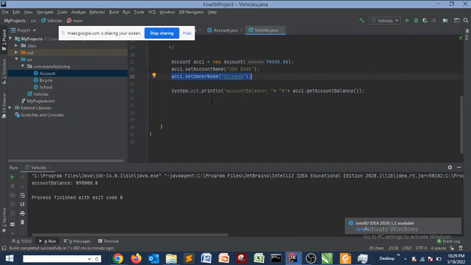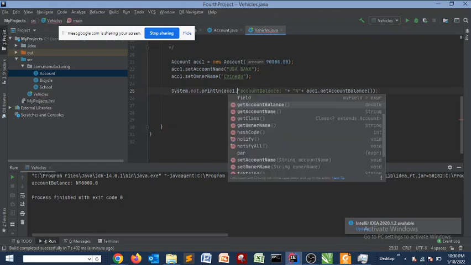So I want it to show Chinedu has an account balance of 90,000, or you can say UBA Bank Chinedu account balance 90,000. So what are we now going to do? Let's keep on formatting it. I cannot just write Chinedu. I want the system to use its own getter and give me that Chinedu. So first of all, for the UBA Bank, I'm going to say account 1 dot